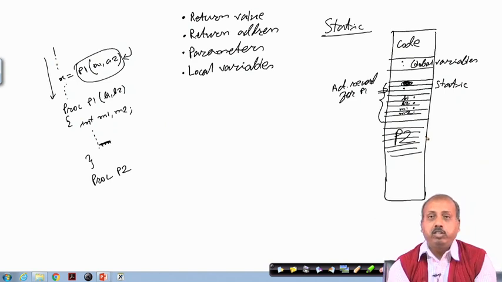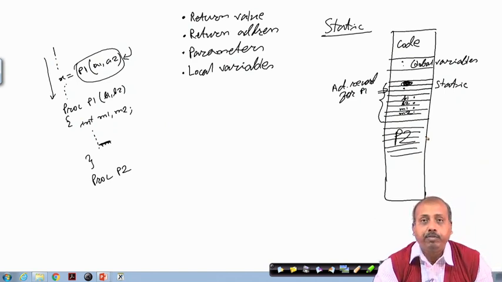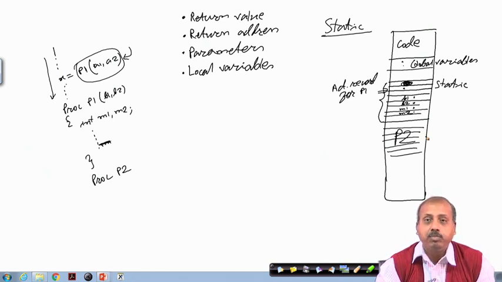For every procedure that you have in your system, there will be an activation record created, and whenever a call is made to that procedure, this record will be filled up by the calling procedure, and the manipulations will be done on the variables in this activation record only. After coming back, the return value is again available in the activation record, so from there it will be taken. This is how the static thing will work.